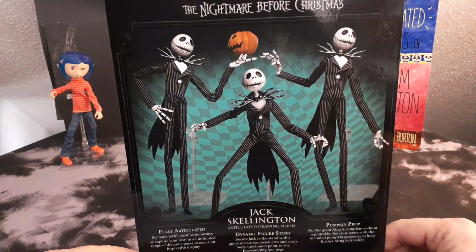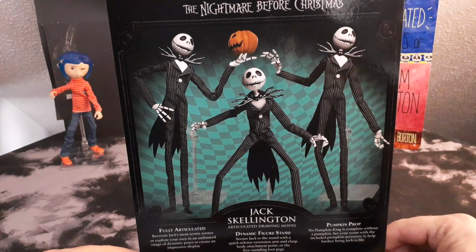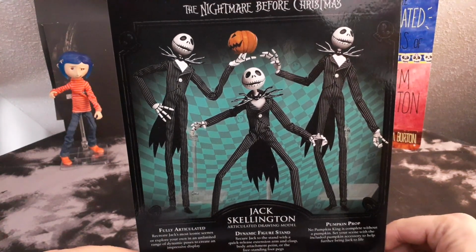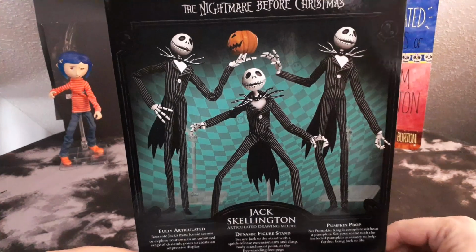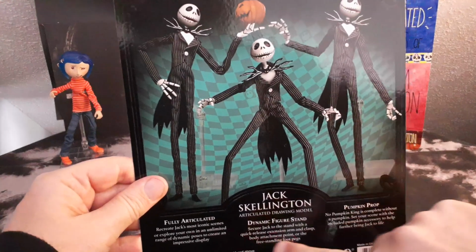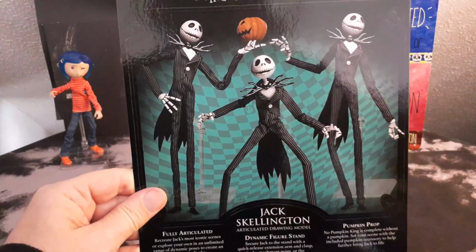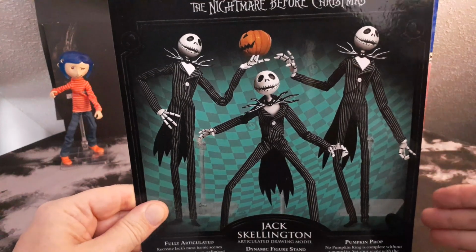So when you get a dynamic figure stand, like the one that NECA provides in this package, it's just such a bigger range to pose the actual figure, and with the pumpkin, which is really, really cool. So I'm actually showing you the back of the package. It's so much glare whenever I try to show you packages with windows, and obviously it's plastic packaging, so I was getting nothing but glare, so I thought, okay, let's just take it out before I show you the card. But the card basically just shows you 3 different poses, gives you a description of how you can pose this fully articulated figure. It's about as close to an actual stop-motion animated puppet as you're going to get, really,